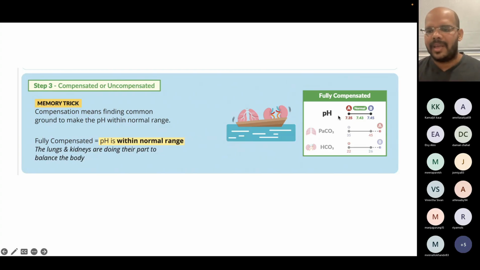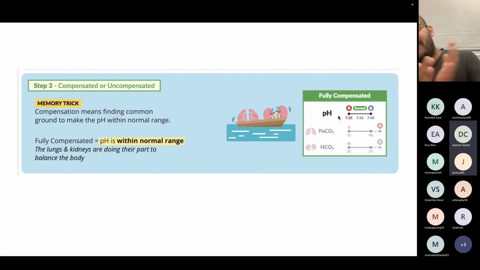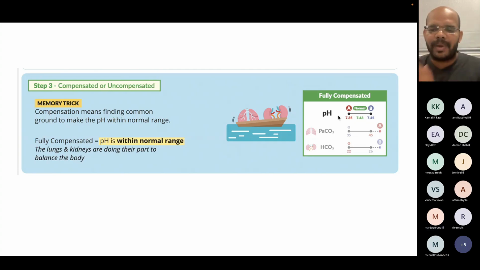Okay, now the kidney recognizes it. And what happened? Your kidney is increasing the bicarb level of your blood. Okay, when the bicarb level is increasing, what happened? Slowly it goes back to alkaline, the normal. pH goes back to normal. Okay, so that is why here in fully compensated mechanism, you can see pH normal, PCO2 and bicarb are